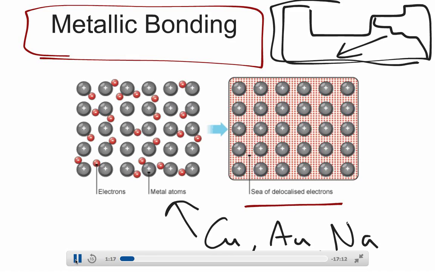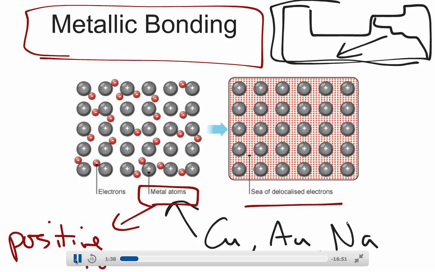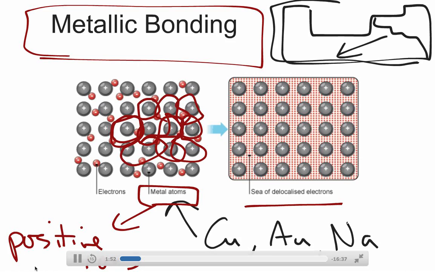Their outermost electrons we think about as being delocalized, or a little bit freer than our standard electrons in ionic or covalent bonding. When we talk about metallic bonding, we often talk about positive metal ions in a sea of delocalized electrons. Not all of their electrons are delocalized, but their outside electrons are, which means they move freely among the positive ions. Shared isn't the right word because they're not exactly shared, but they are delocalized, so they move a little bit freer.